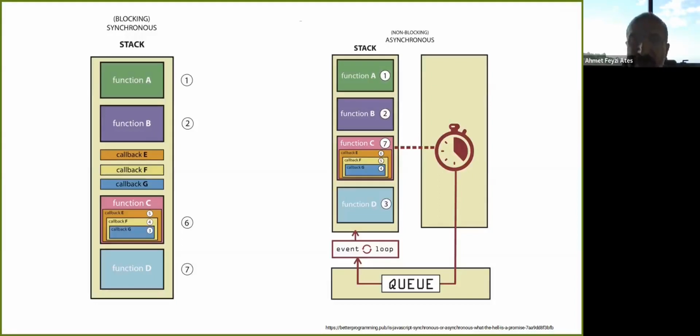But on the right side, in asynchronous non-blocking code, function A executed, function B executed, function C is asynchronous, function D is executed and the callbacks in function C 4, 5, and 6 executed. Thanks to promises, function C implements asynchronous programming, implements futures, implements async await to produce asynchronous non-blocking code.